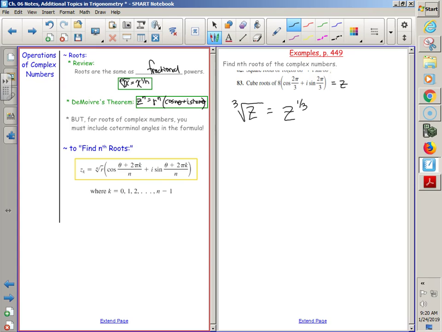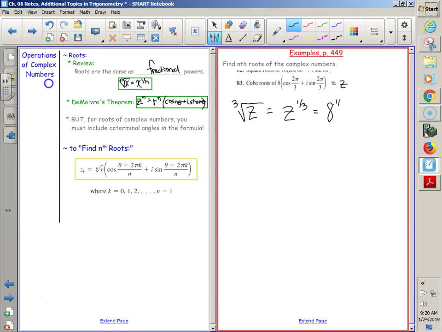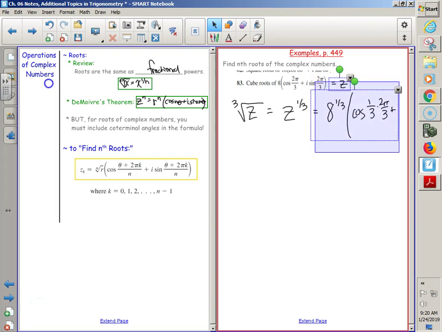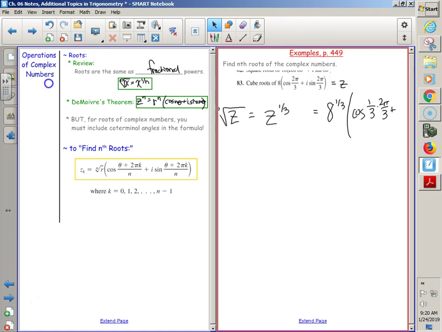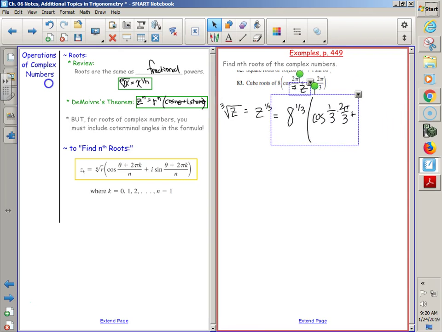So in this one, if we're going to do the 1/3 power, we're going to do 8 to the 1/3 times cosine of 1/3 times 2 pi over 3 plus, now, I'm running out of room. But if it was this easy, I could have totally showed this to you at the very end of yesterday and been like, no stress, you guys should be fine. Just change the cubed root to a 1/3 and you're done. But it's a little bit harder than that because,